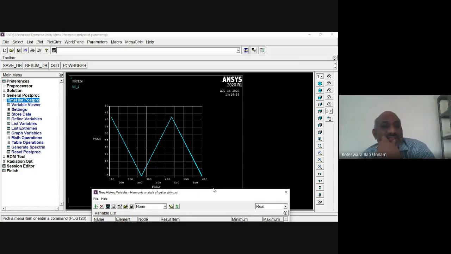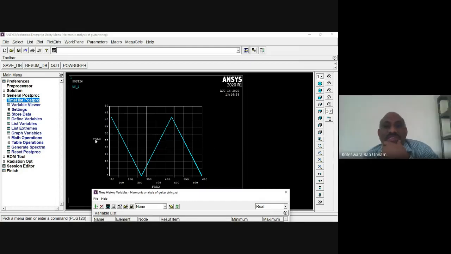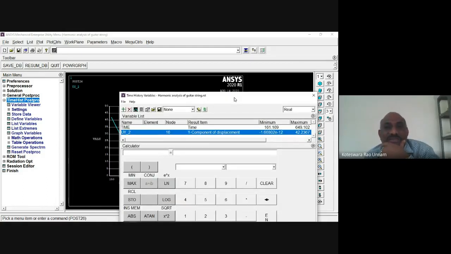Whatever frequency range you are taking, you have taken the frequency range as something like 2000, but it is showing the curve between 0 and 150 also. From 150 to 650 only it is showing the values, right? Yes, sir. So that means within that range only, because the frequencies lie between only 160 to 650, you have a curve between those two. So you get a frequency response something like this.